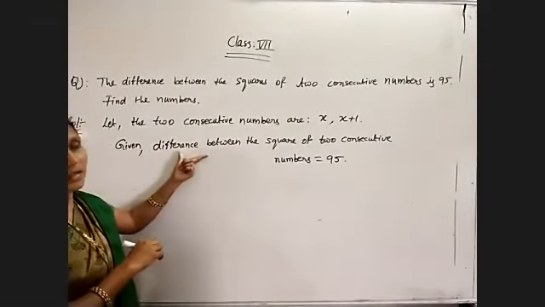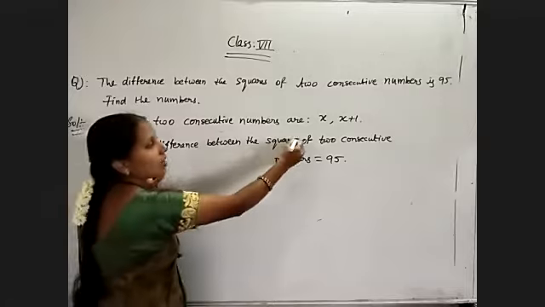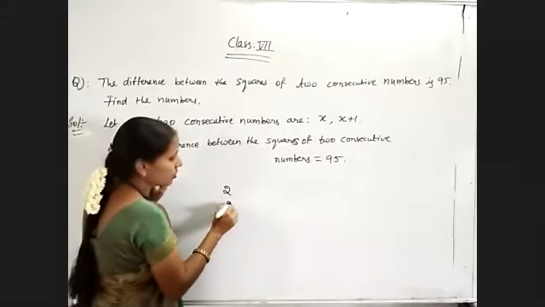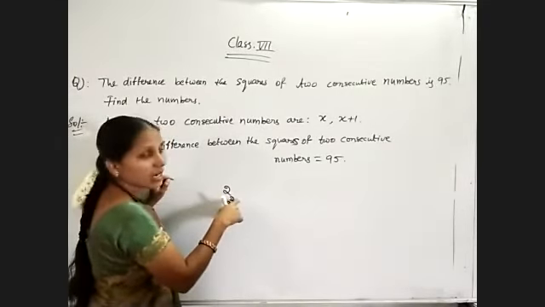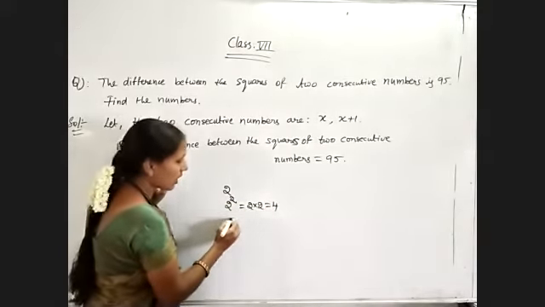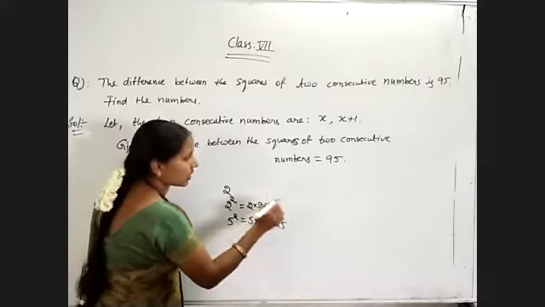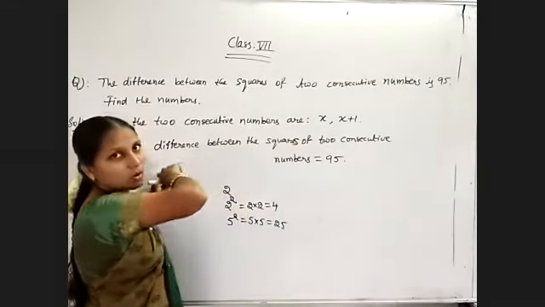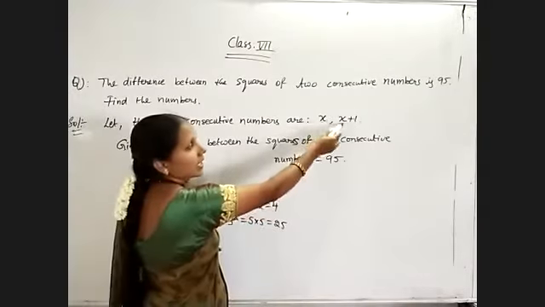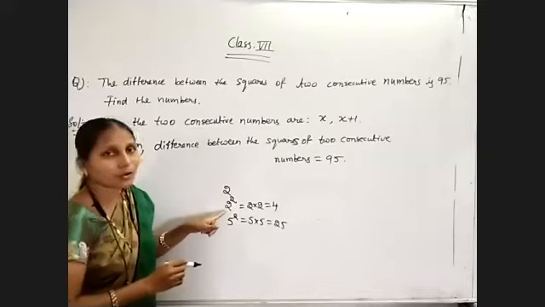So for this statement, how can we write it in expression form? Just observe. Difference between the squares: square is nothing but, if I have 2, what is the square value of 2? That is 2 multiplied twice. Square means it is multiplied twice. That is nothing but 2 into 2, which is equal to 4. Suppose I want the square value of 5. That is nothing but 5 square, 5 into 5, 25. Like that only. Square of x and x plus 1 whole square. See, difference is nothing but greater number minus smaller number. So x is the smaller number and x plus 1 is the greater number. So greater number minus smaller number. When I am asking the square of 2, it is 2 square.